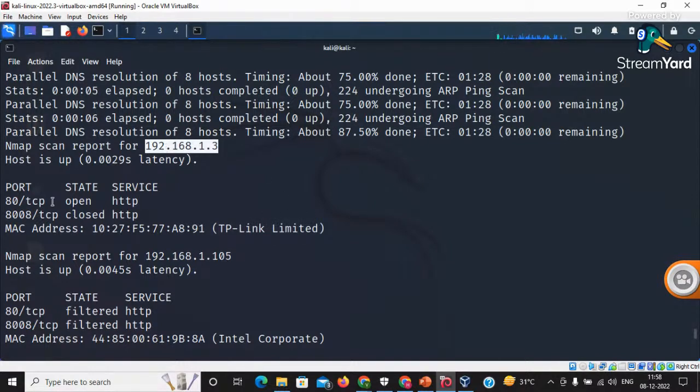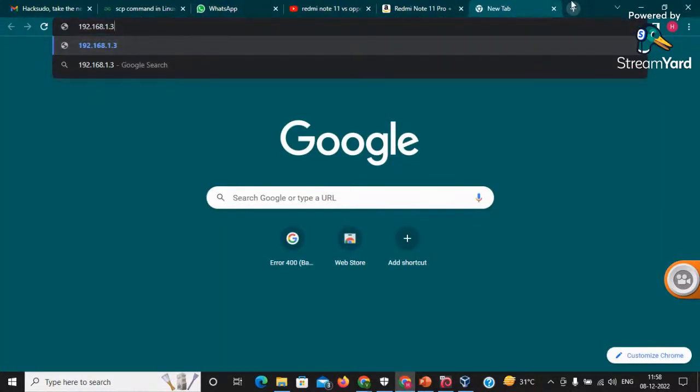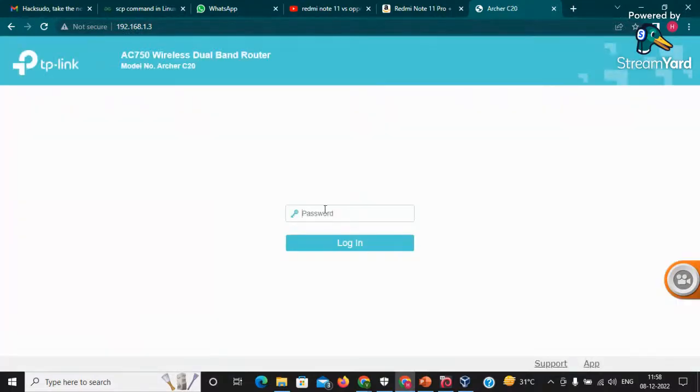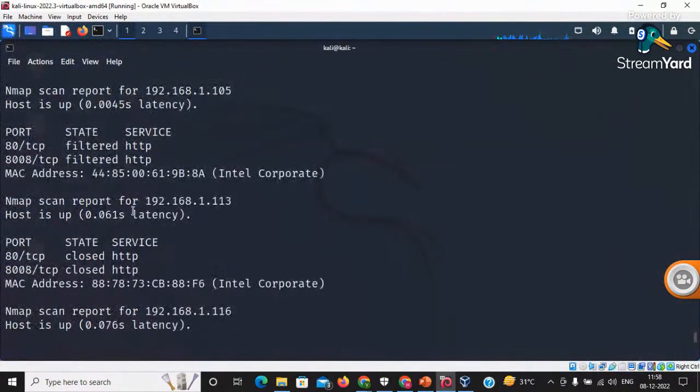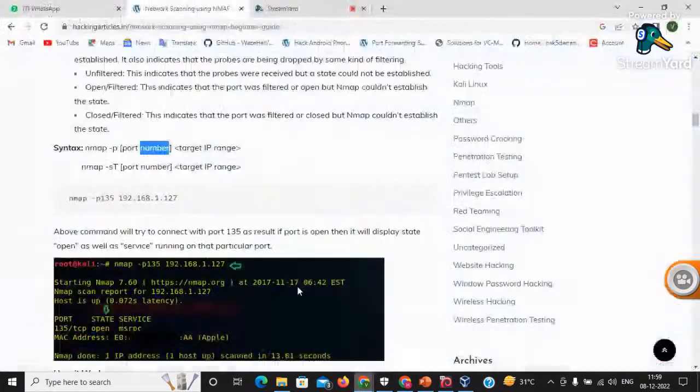Correct? So the router IP address has port 80 open. Right. Let me search here. Yes, this is TP-Link, right? Correct. Okay. And the other open port in the IP range is my IP address, none of the others. So port 80 is open on my IP and also on the TP-Link. So you can search like this also. Right now, now what